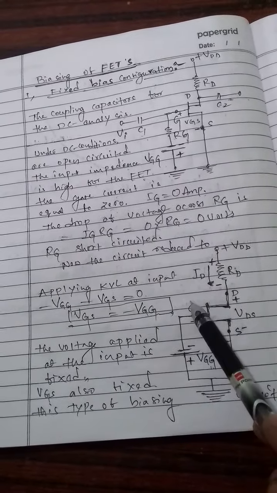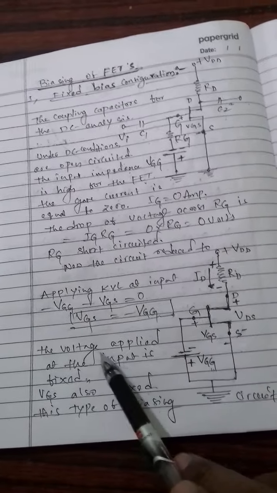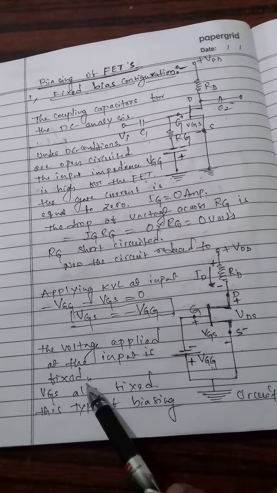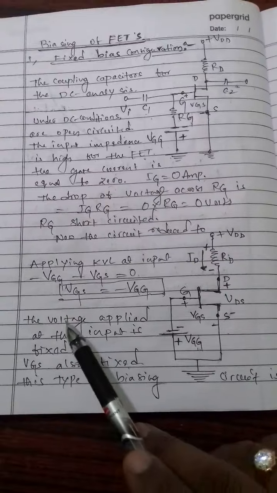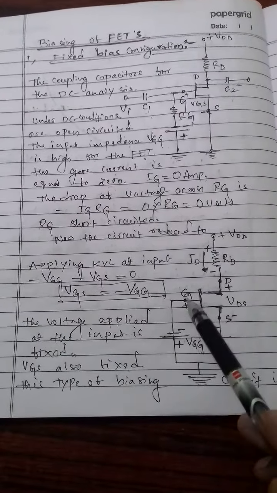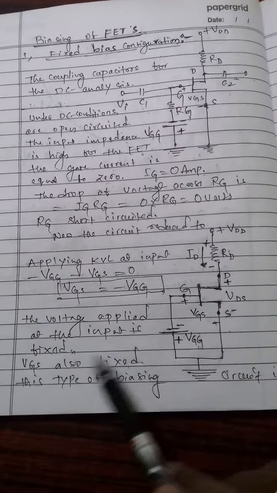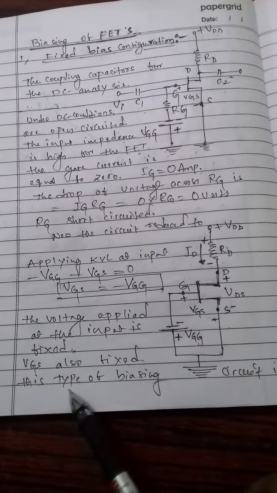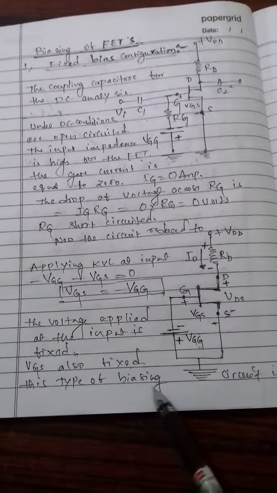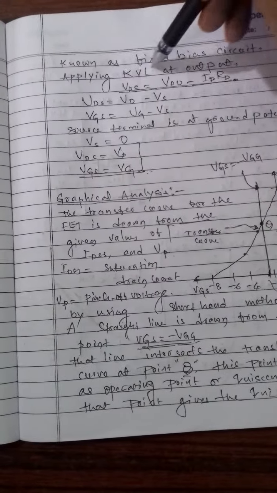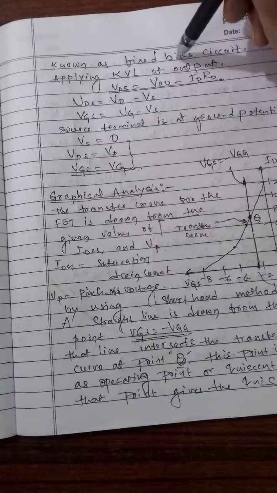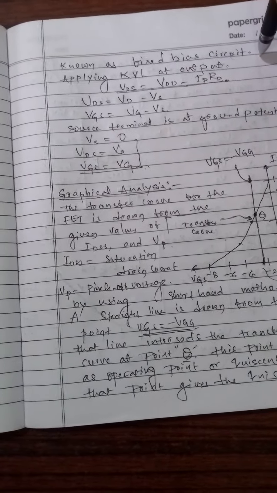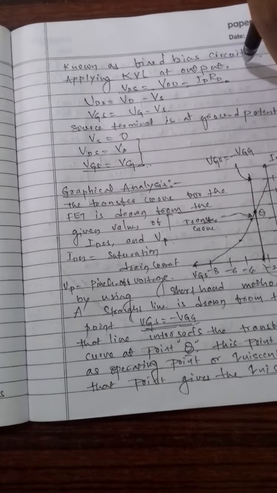A negative voltage is applied between the gate and the source. The voltage applied at the input is fixed, so that VGS is also fixed. The gate to source voltage VGS is also fixed, so that this type of biasing is known as the fixed bias circuit, because a fixed voltage is